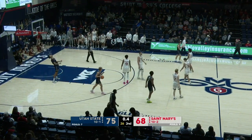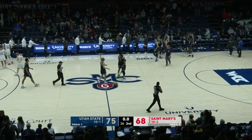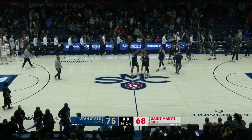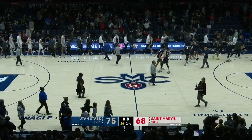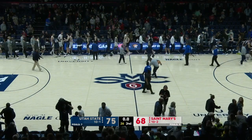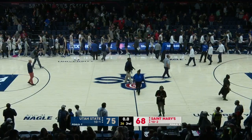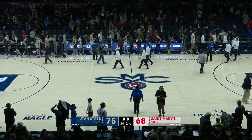Utah State comes out to the Bay Area and finishes up its non-conference schedule with a statement win against the Gales. The final score of 75-68. And Steve, this was a fantastic performance from one of the best mid-major teams in the country year in and year out in Utah State. But what they were able to do here offensively tonight against Randy Bennett's defense was impressive. Yeah, the Aggies pretty much got what they wanted in the first half to a great extent, and in the second half to an almost